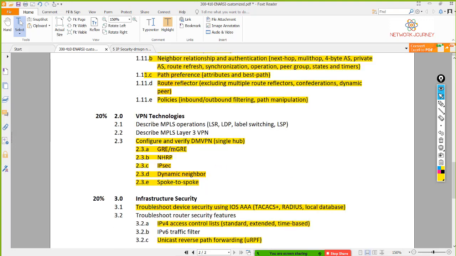Okay, so this DMVPN I wanted to cover along with MPLS, which was just a theory. But the topic for DMVPN itself is so vast that it will take the whole class. Yes, it's very simplified. It looks very selective topics that Cisco has decided for DMVPN in CCNP, but it's going to take a lot of time to cover each and every topic, and if we are doing a lab, it's going to take some time.